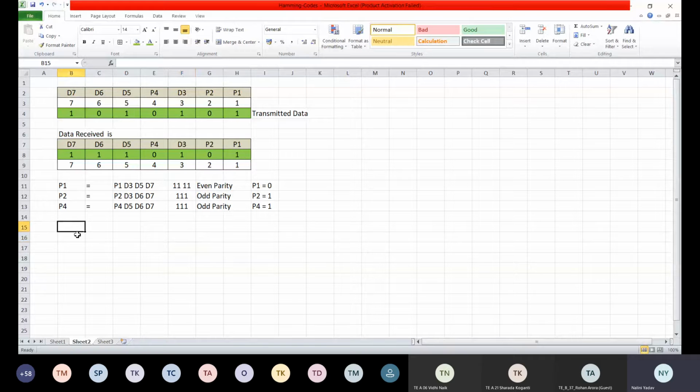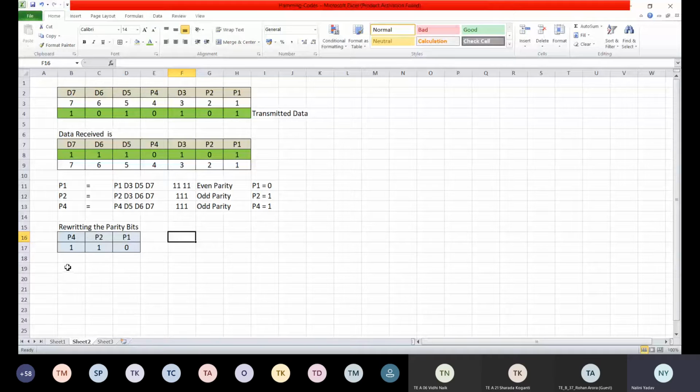So what we are going to do is we will be rewriting the parity bits. How will we be rewriting the parity bits? We will be writing it as P4, P2 and P1. So if you ask, what is the value of P4 right now? 1. What is the value of P2? 1. And what is the value of P1? 0. This is what we have recalculated at the receiver end, right? At the receiver end we have received something like this. So this is my recalculation at the receiver end.